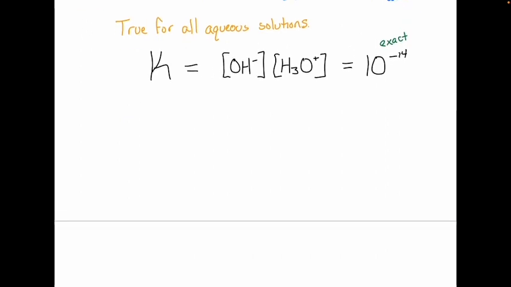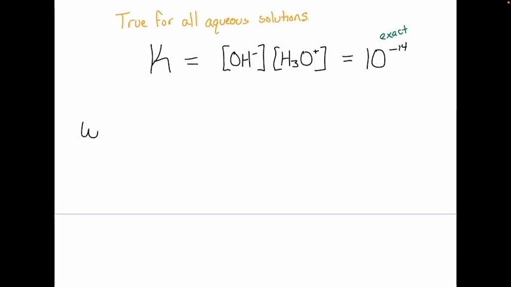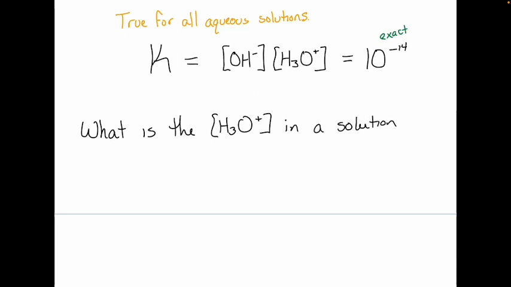So let's use this equation here. Let's say, what is the concentration of hydronium in a solution where the concentration of hydroxide is 6.78 times 10 to the negative 9 molar? Okay, everybody take our autoionization reaction, do some algebra here, and solve for my hydronium ion concentration.